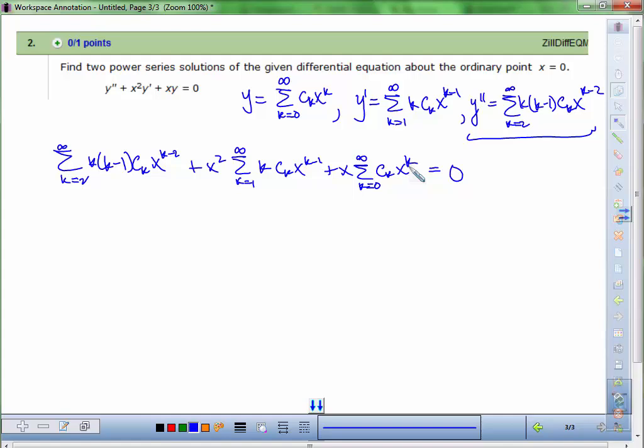So if you can find a way to shift this so that it's all the same, should we do that? Maybe we should do an exercise in shifting the indices. So let's multiply out the x squareds. So k goes from 2 to infinity, k minus 1, ck x to the k minus 2, plus